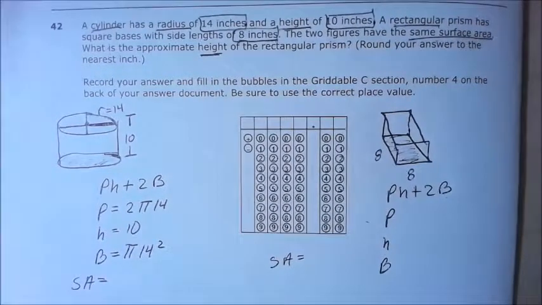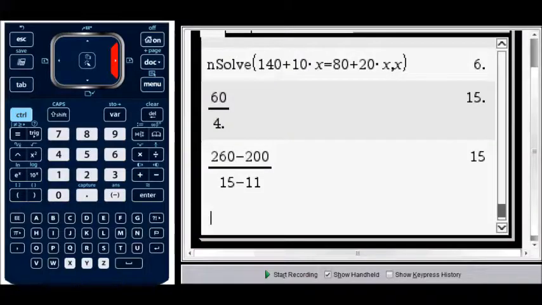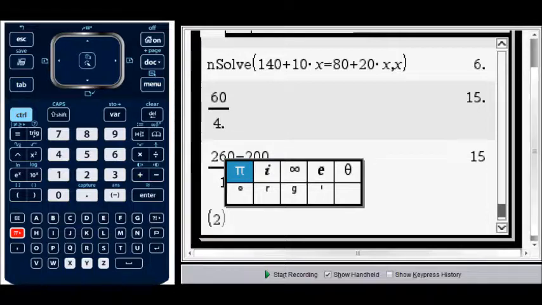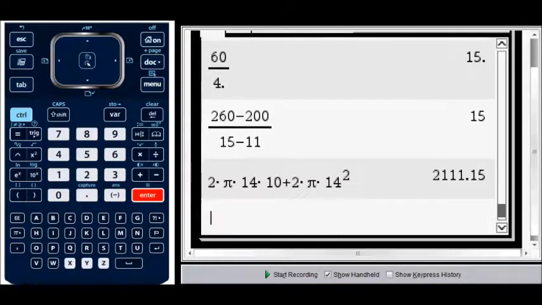So let's go over to our calculator and work this out. Alright, so I'm going to have my perimeter, which is going to be 2 pi times 14. I'm going to go outside of that. Now I'm going to put times my height, because it's PH, times my height, which is H, and that's going to be 10, plus 2 times the area of my base, because we have two bases, a circle on top and on bottom, and that's going to be pi r, which is 14, squared. Going to hit enter, and it's